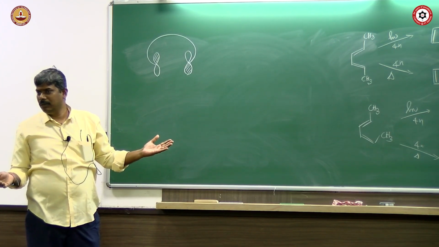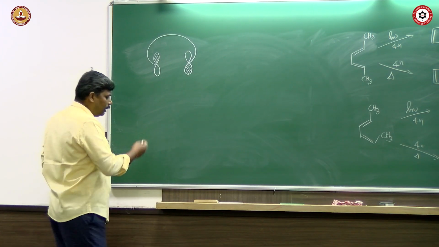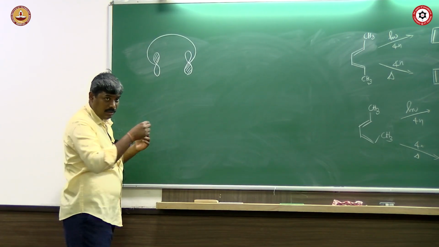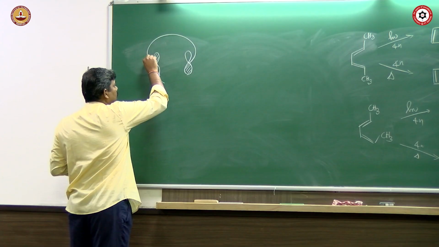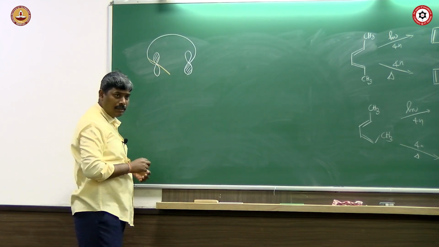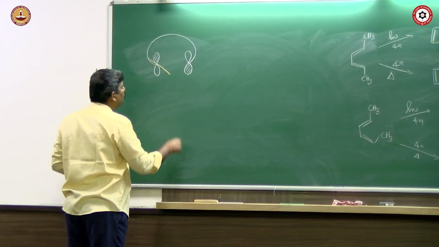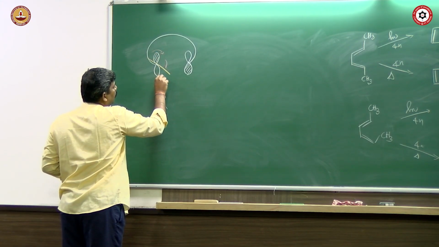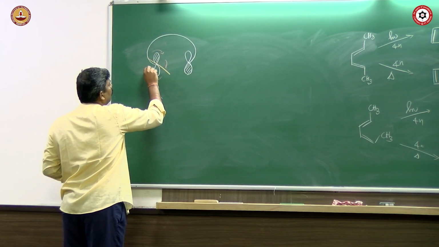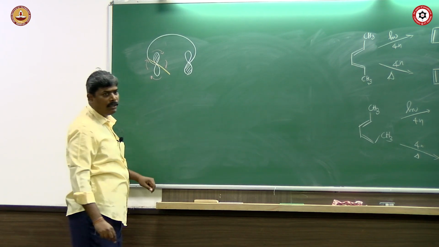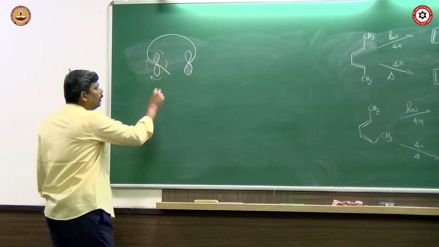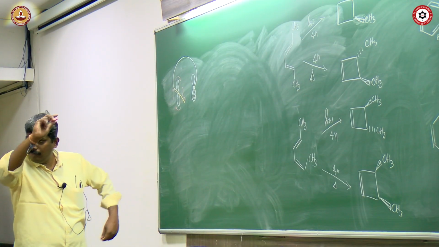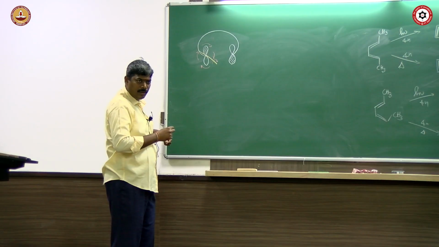Do you agree with me? So if I have to rotate this to create a bond, consider that this is an axis, what you are looking at. So I have to rotate in the axis, what I am doing is a clockwise rotation. So the whole thing I am rotating this way, right?